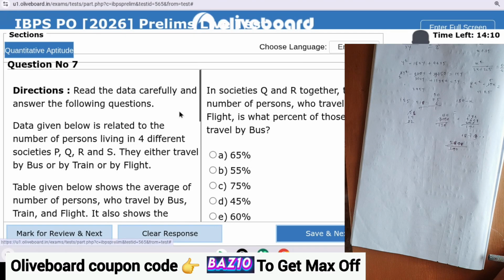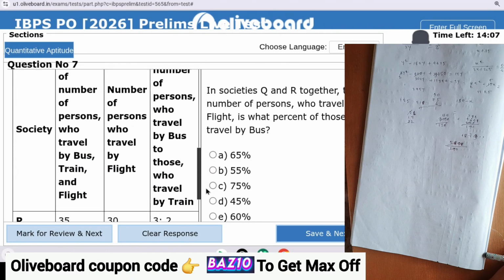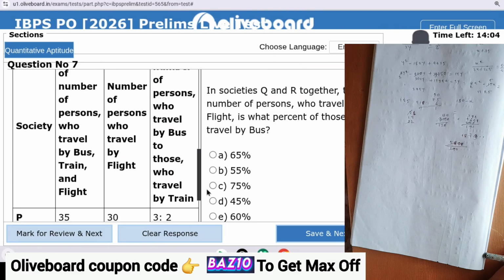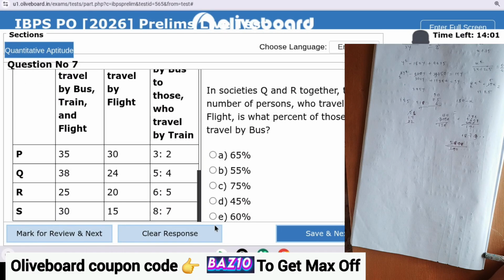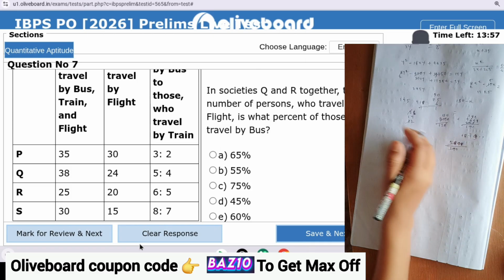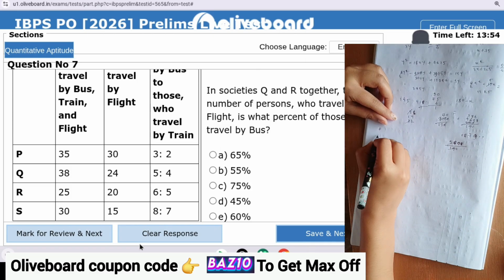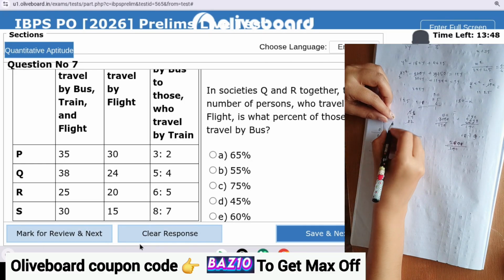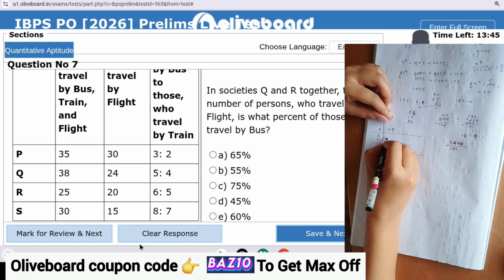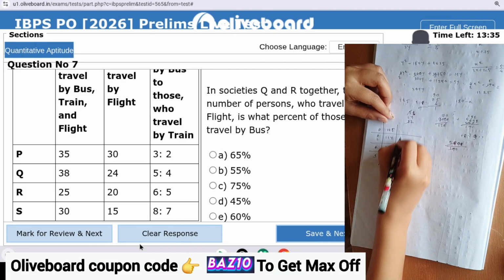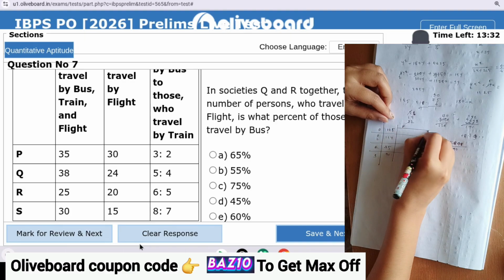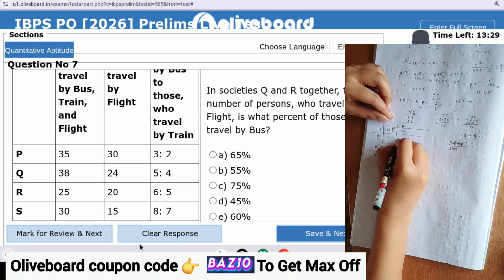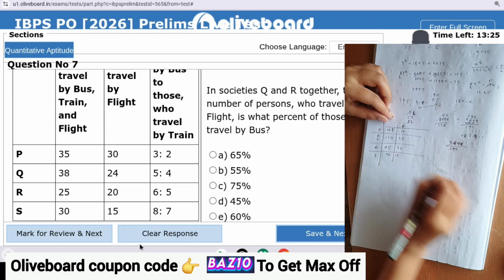Then next is এখানে দিয়েছে ডেটা কয়েকটা, average number of persons travel bus, flight, number of persons who flight, number of persons bus and train, এটা ইজি আছে, এটাই করে দিই প্রথমে। এটা হয়ে যাচ্ছে PQRS, এটা কত হয়ে যাবে 3 তারিখে 9 কে 10, 3 টা 24, 25, 75, 90, ঠিক আছে। এবার হচ্ছে ফ্লাইটে কত আছে 30, 24, 20, 15।